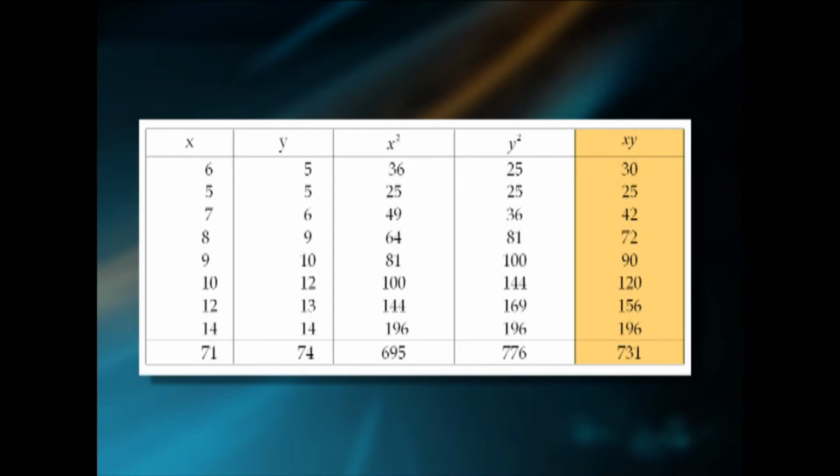X into y values 30, 25, 42, 72, 90, 120, 156 and 196. Sigma xy equal to 731. X bar equal to 1 by n sigma xi, that is 1 by 8 into 71, that is 8.875. Y bar equal to 1 by n sigma yi, that is equal to 1 by 8 into 74, that is